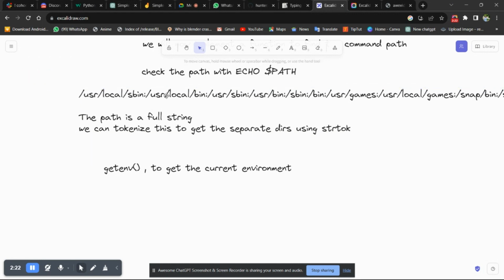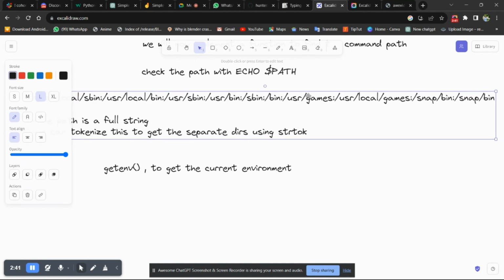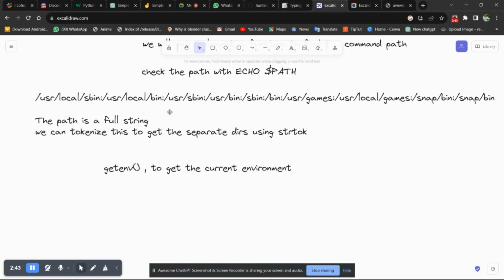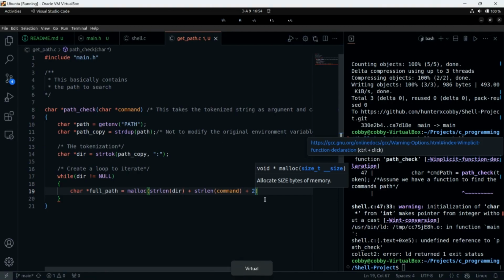And then there is a null character, since this is a string, so it obviously has a null character. So we are saving space for this forward slash and a null character, which indicates the end of the string. So I think I'm on the right track. That is what we are doing.